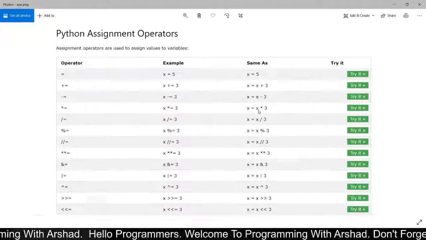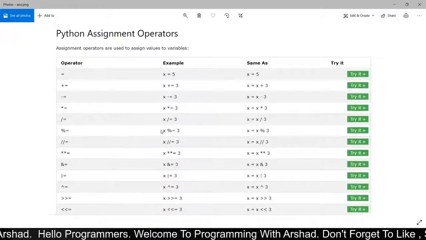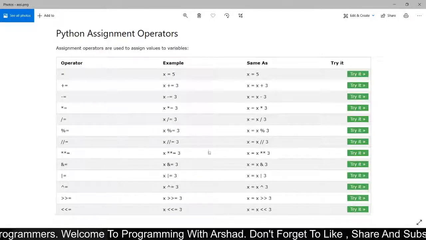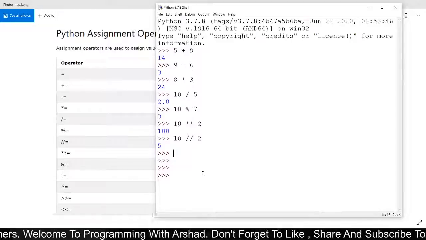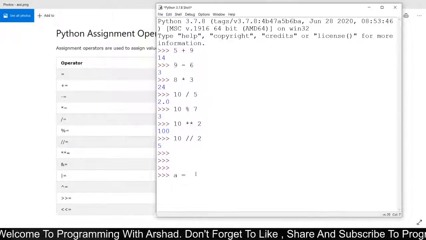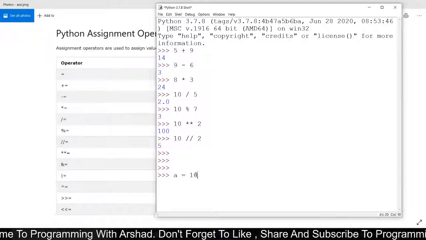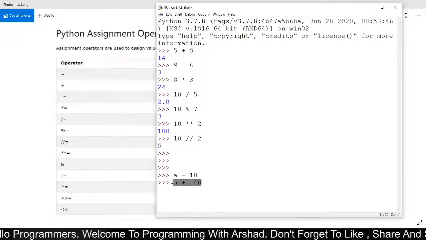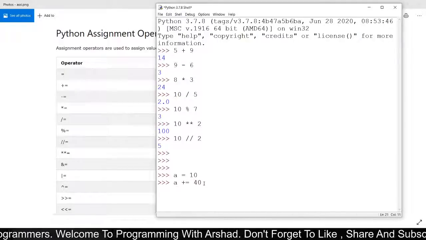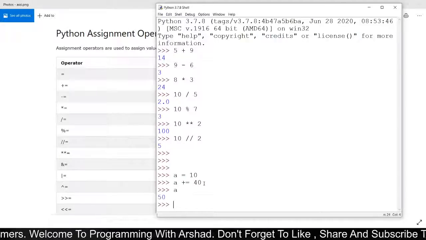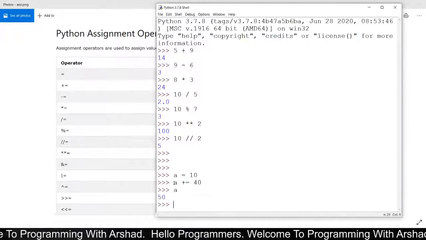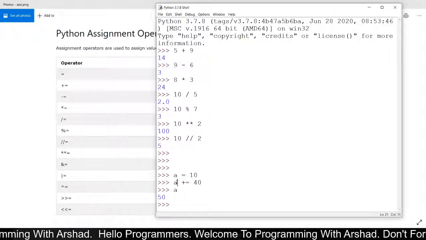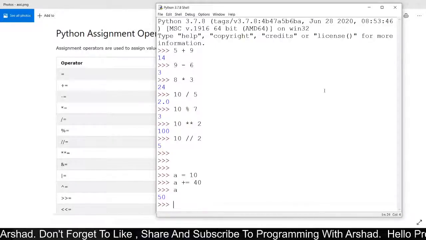Now we will see our next operators, which are assignment operators. As we had already discussed, these assignment operators are used to assign values to variables. These are the assignment operators present in Python. Now here I am declaring a variable named a, and by using this equal to symbol I am assigning the value of 10 to this variable. Now if I use this addition assignment operator, it will add both the values of a and 40 and it will assign the added value to the variable a. I am hitting enter and if I say a now, it has returned me 50 because it will perform addition among both the operands and it will assign the added value to the left operand, which is a in our case. So we had got 50 in this case.